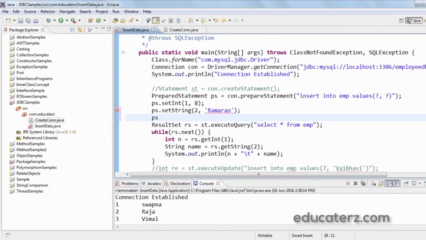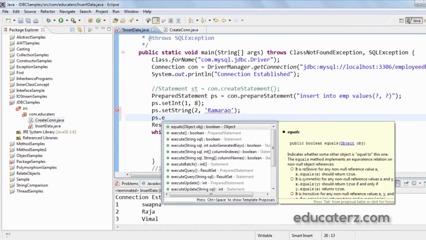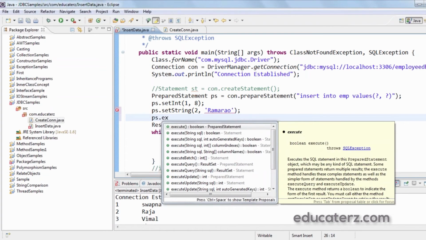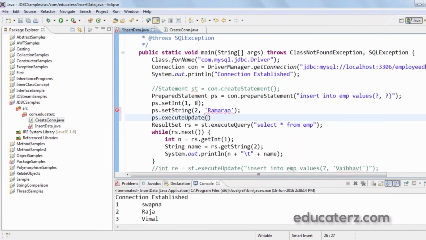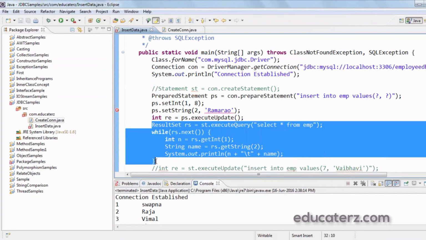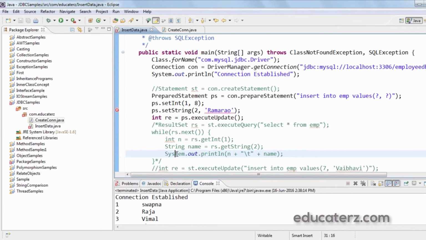Finally, say ps.executeUpdate, which returns the number of rows affected. Capture it in a variable called re. I don't need any results here, so I'm just commenting that out. Ramarao is an invalid character constant, so put it in double quotes.